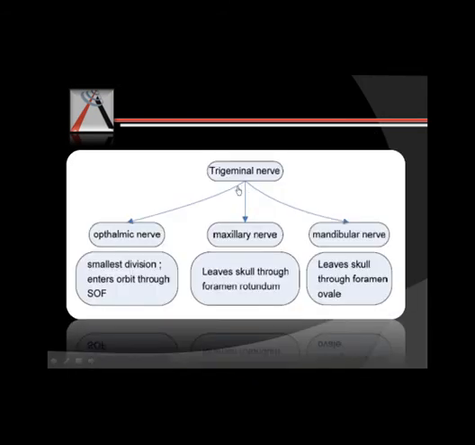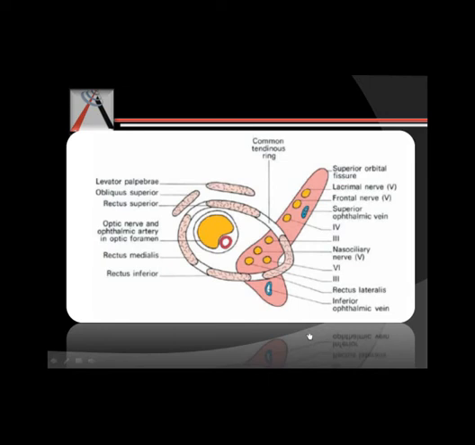So the trigeminal nerve has three major branches: the ophthalmic nerve, the maxillary nerve, and the mandibular nerve. Ophthalmic nerve is the smallest and it enters through superior orbital fissure. Maxillary nerve leaves through foramen rotundum, while mandibular nerve leaves through foramen ovale. In this diagram, we can see the position of branches of the ophthalmic nerve. The two branches of the ophthalmic nerve that pass through the superior orbital fissure are the lacrimal nerve and the